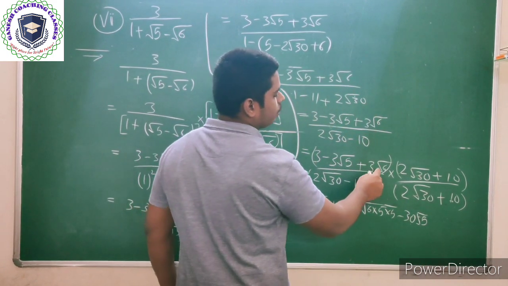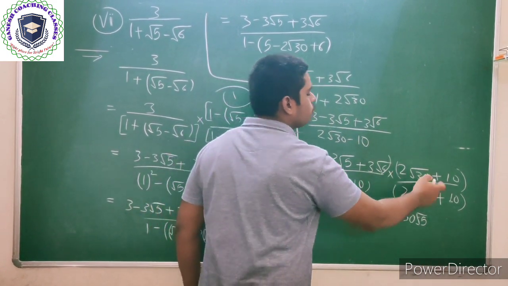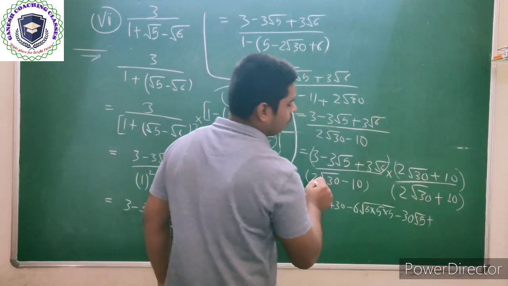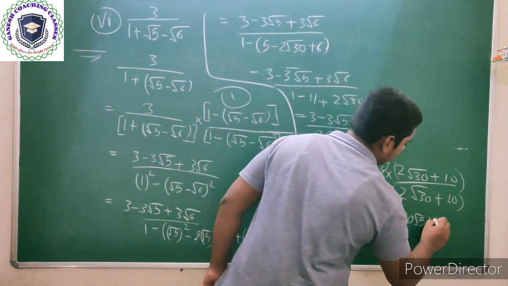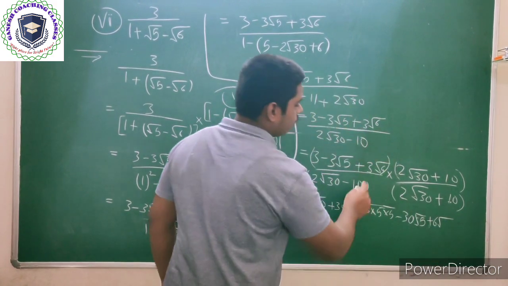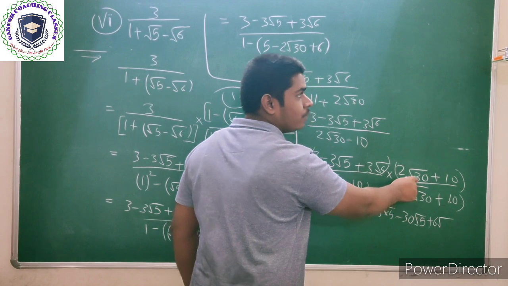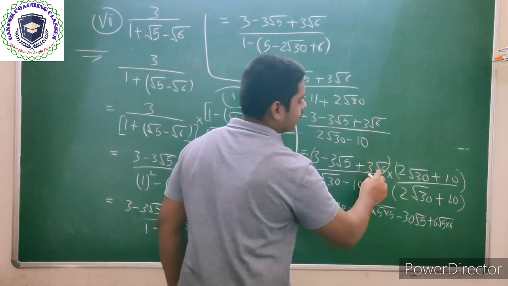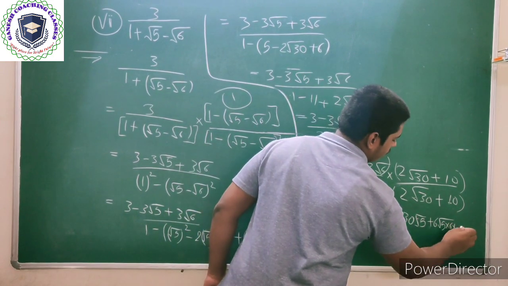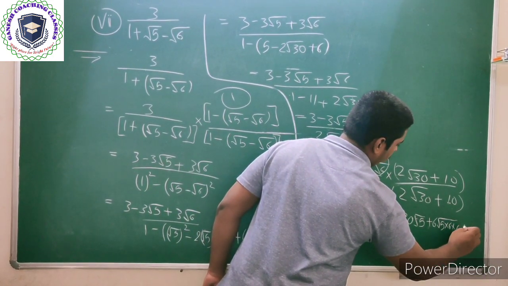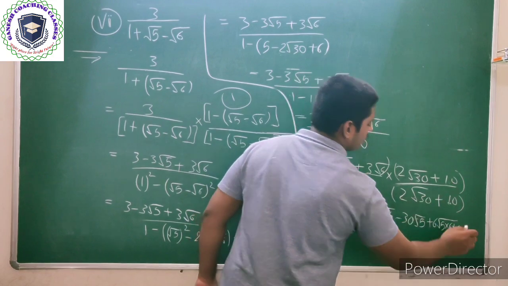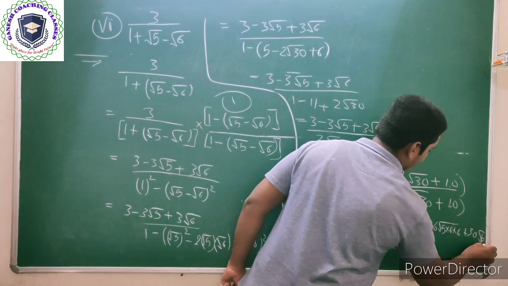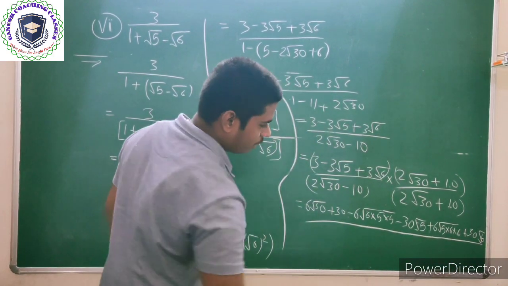Now here 3 root 6 into 2 root 30. Okay, both the numbers carry plus sign, so here we are writing plus. Okay, and after that 3 2s are 6. Now 6 or 30 can be written as 6 5s are. Okay, so 5 into 6, and this 6 is multiplying, so we can write it now plus 3 10s are 30 and root 6 will remain as it is. It is going very lengthy.